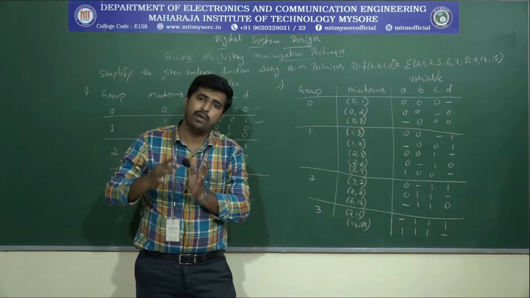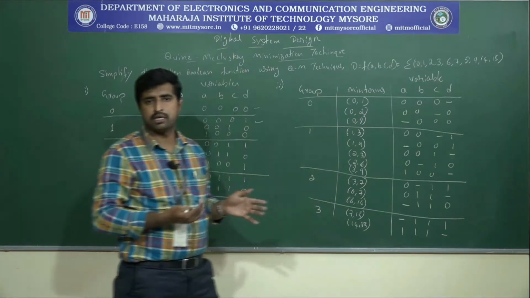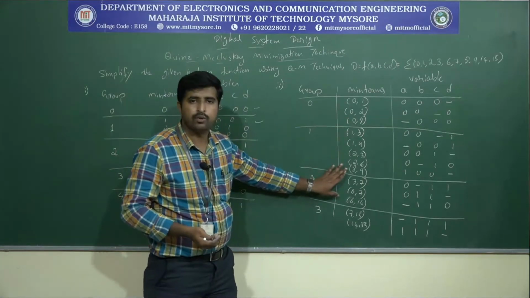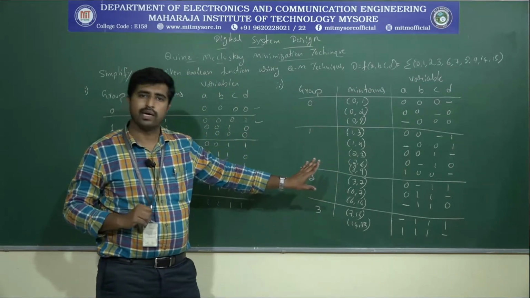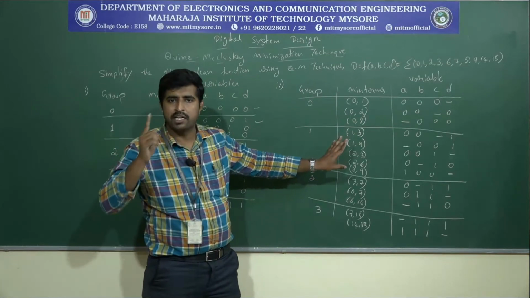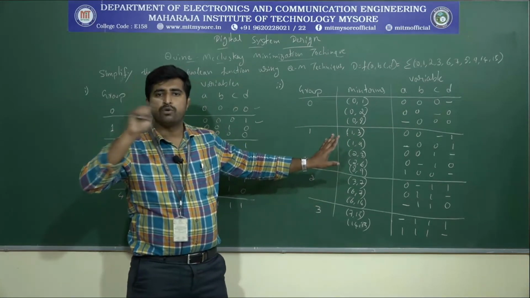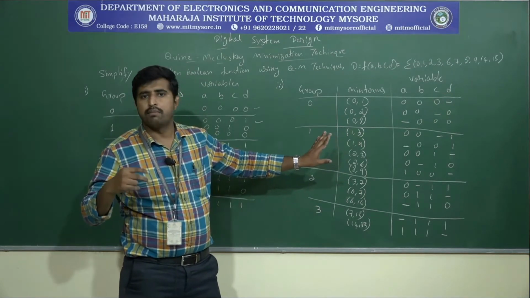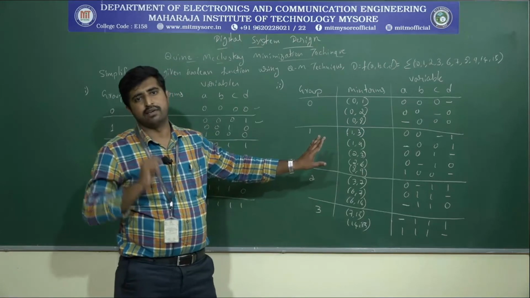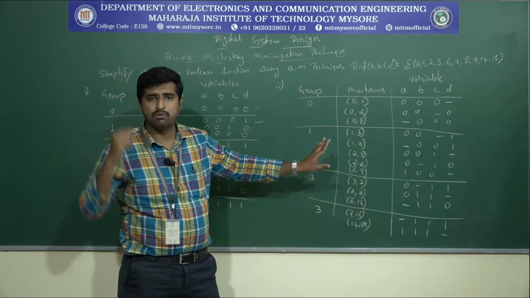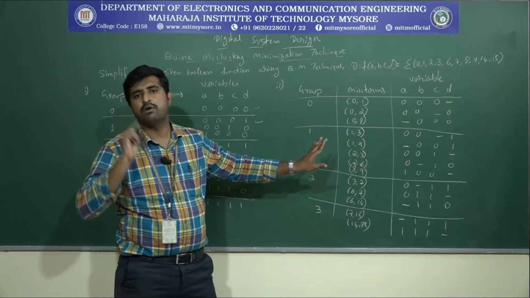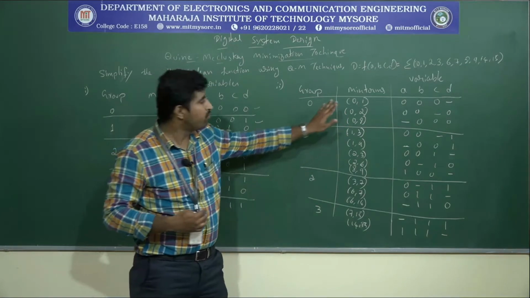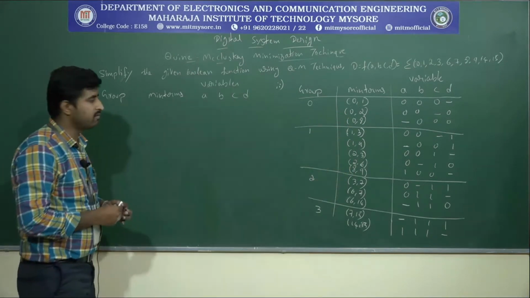Okay, like that we need to create one more table, to convert a 2 mean-terms group to a 4 mean-terms group. In the grouping, the same criteria should be followed. That means the 2 mean-terms variables should match each other, but should have only one differing. And if a dash is there, the dash positions should also be in the same positions. So let's create a table for constructing the 4 mean-terms group. Okay, now let's continue.